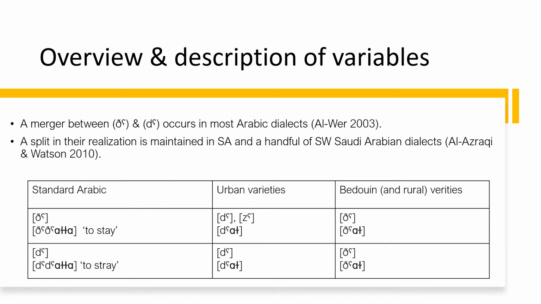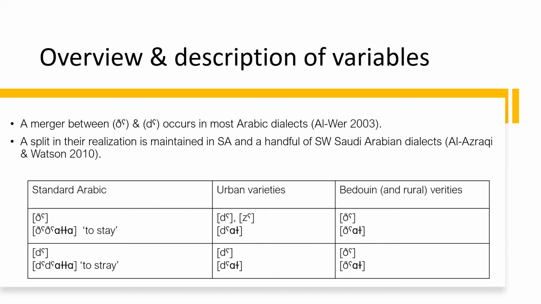Al-Azraqi and Watson 2010 found that a split in the realization is maintained in a handful of southwestern Saudi Arabian dialects. So as it stands, the split is only maintained in Standard Arabic and those limited dialects in